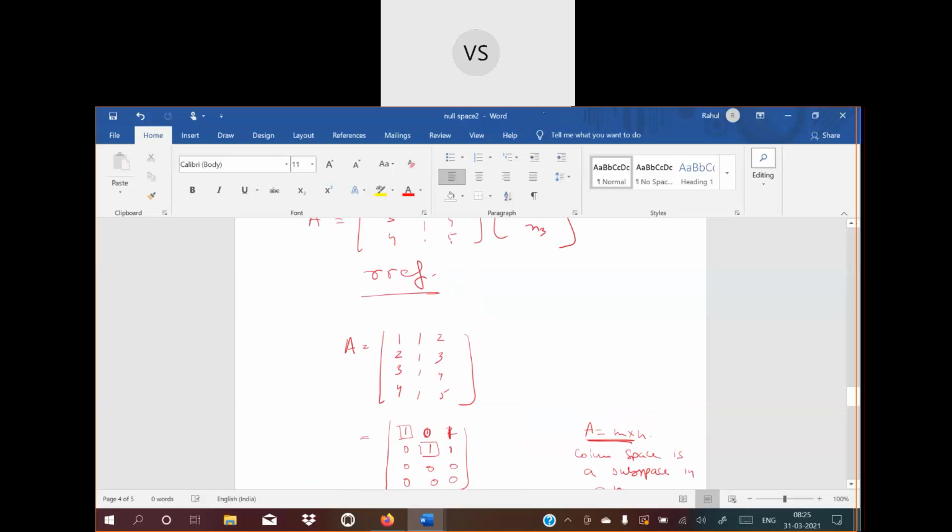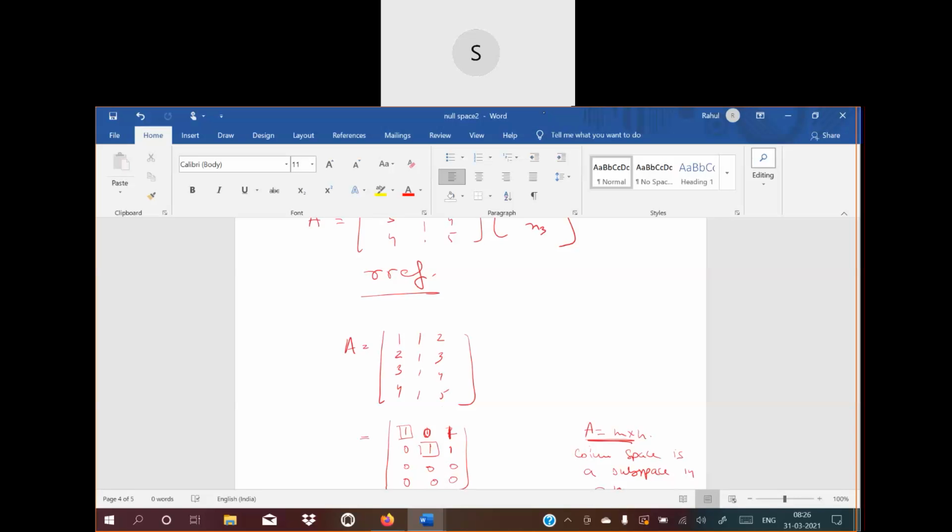And one more thing, if you see this matrix, what is this matrix actually? The last column is nothing but the linear combination of the first two. See, 1 plus 1 is 2, 2 plus 1 is 3, 3 plus 1 is 4, and 4 plus 1 is 5. So from here only, when we see this matrix, we know that it has two linearly independent columns. If I say find the dimension without solving anything, then you knew that you had two independent rows, and therefore this is actually the span.